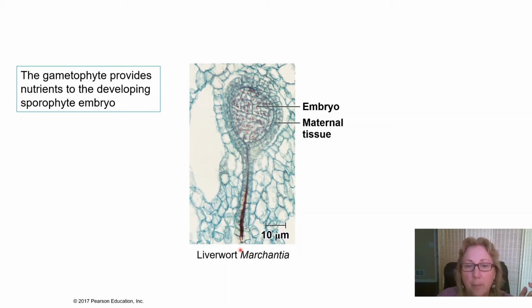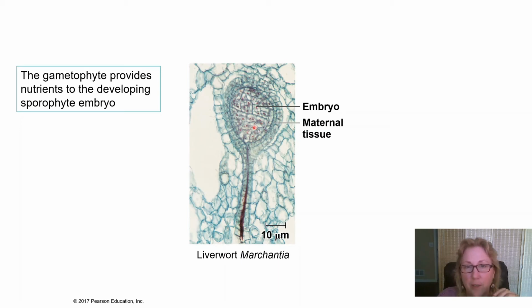They're weird, but we can see this alternation of generations very easily in the liverwort. This tissue here, on a microscope slide, is a thin slice from a liverwort. We can see this tissue here, that's the gametophyte tissue. Inside of this little sac here is where the egg was. The egg was fertilized by a sperm from a different plant, and a little embryo started to grow.